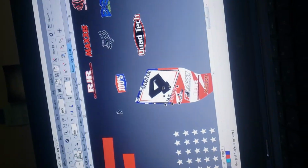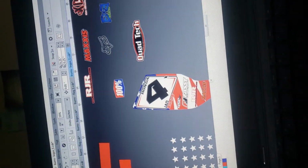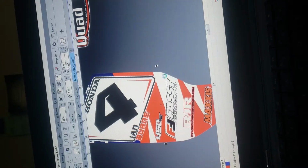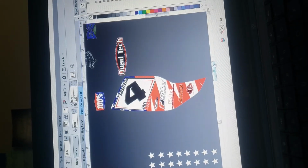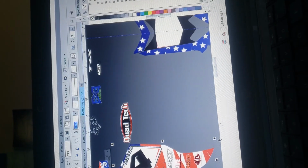And then power clip aside. And there you go. So that way, when you grab it, and when I'm moving stuff around to get it ready for print, because I have to, when I'm printing stuff, this stuff is like